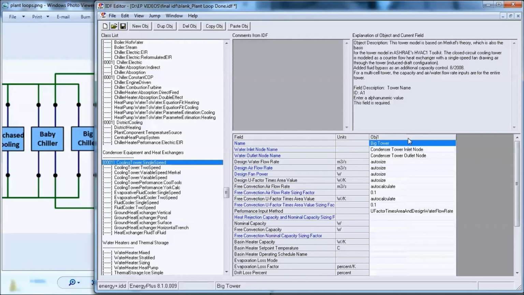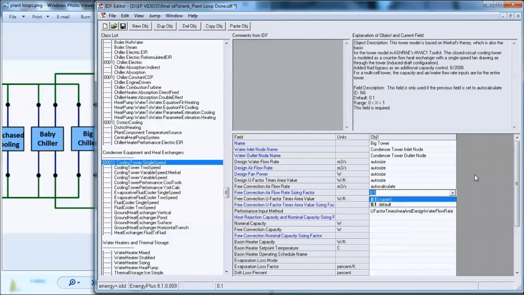We'll try to keep everything auto size. There are two three which we can keep default as this zero point 0.1 and free convection U factor times area value sizing factor. This also can be kept zero point 0.1. This is also by default value. Okay,